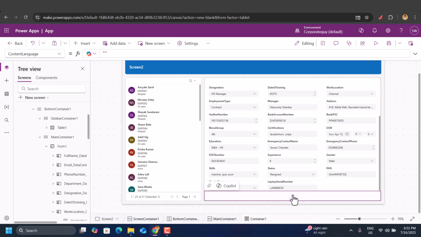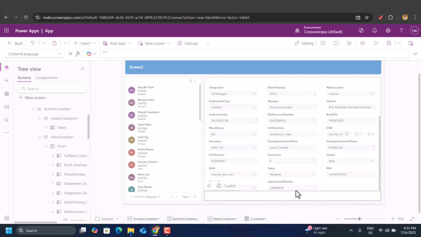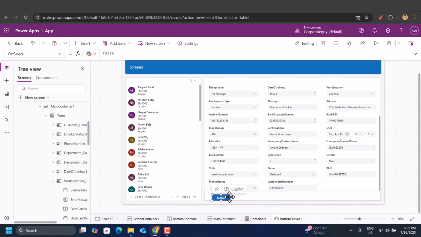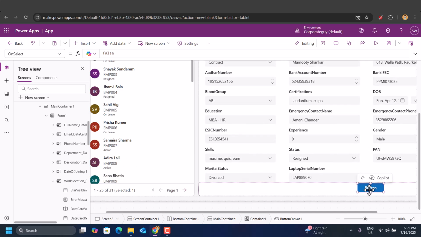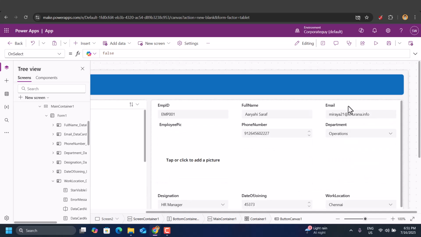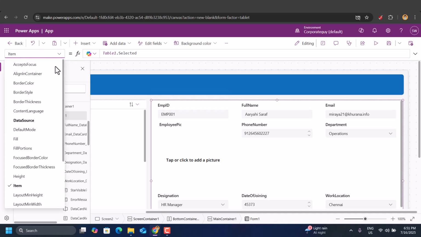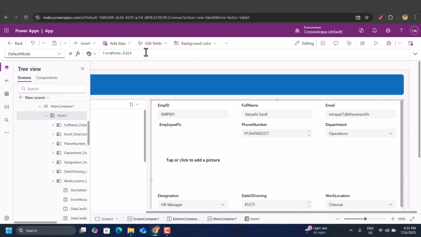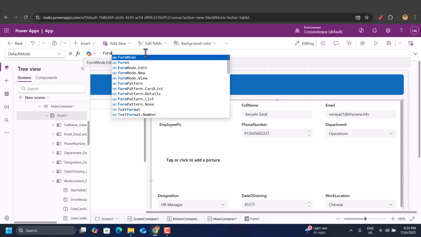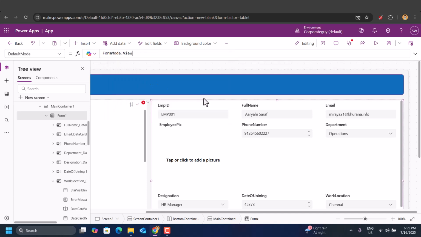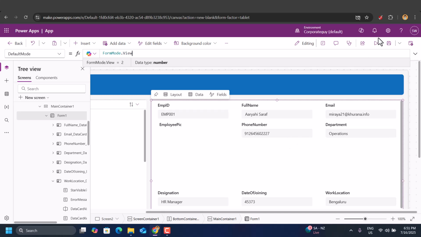So let's go to this, and I'll select the button here. And then we will add one more button to submit the form. So let's place it on the right side. Okay, and let's zoom in a bit and adjust it. Now before we start adding features or functions to the button, I'll select this form and go to the form's default mode, and I will set the default mode to FormMode.View, which means that the default mode of this form will be the view form,